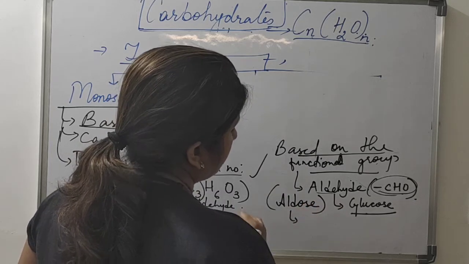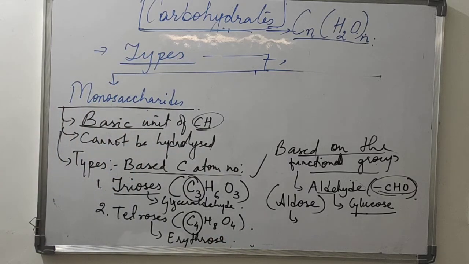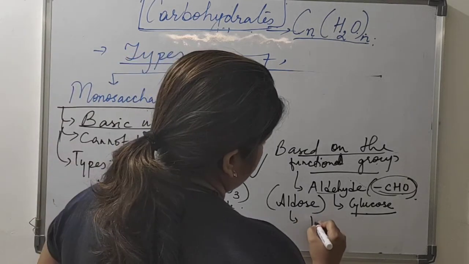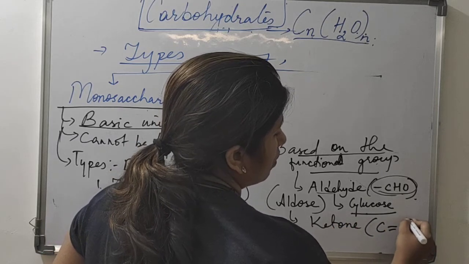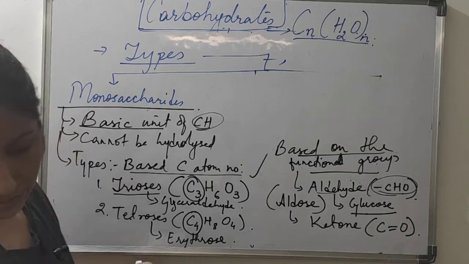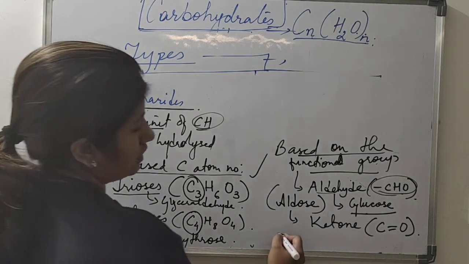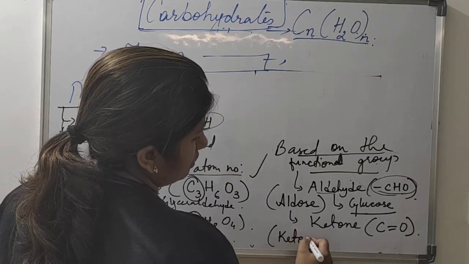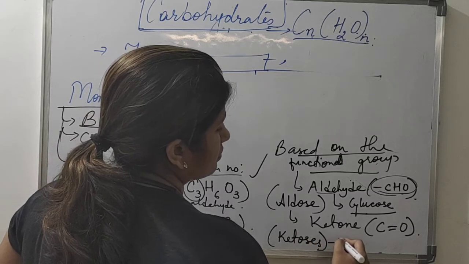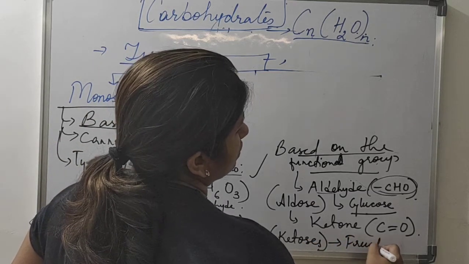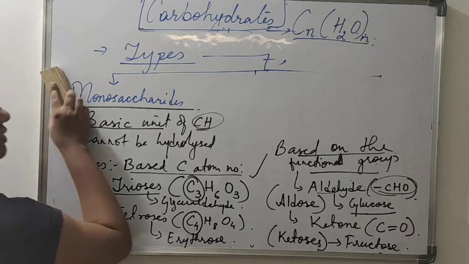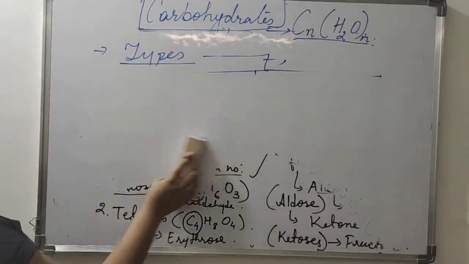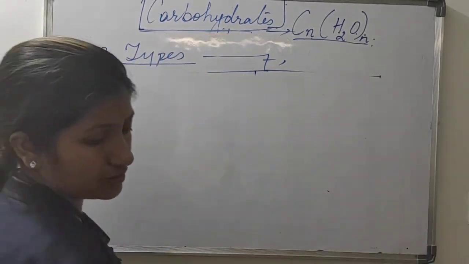Then another functional group which gets attached is ketone. Ketone functional group, C double bond O. So it forms fructose, which is an example of ketose. Fructose, based on the functional group. So this was monosaccharide. Now we will see